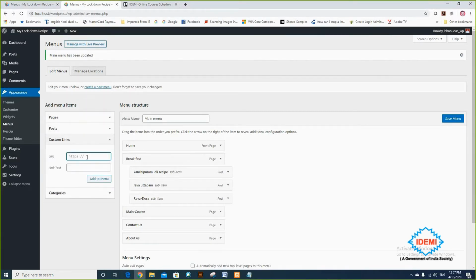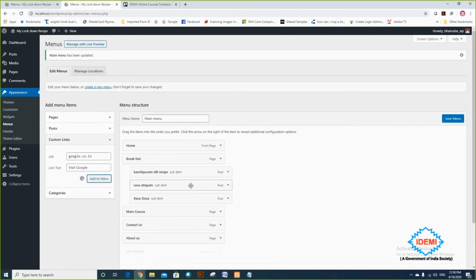Custom link means suppose I want to visit a Google website. Then I simply write google.co.in and put a link text here. My link text is Visit Google. And I want to add this to the menu.